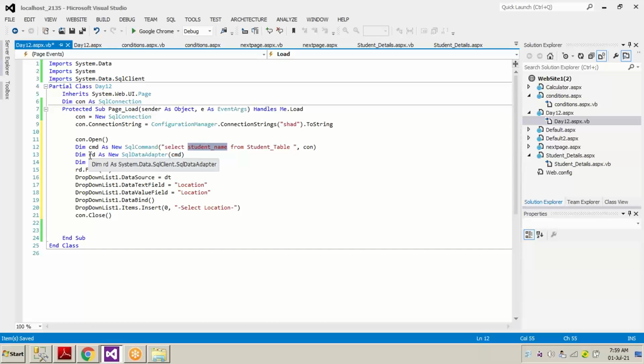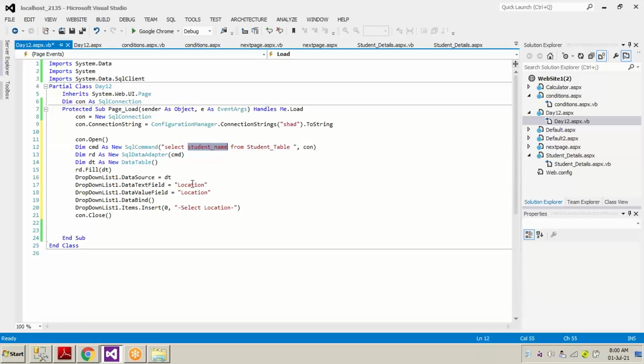We have defined RD as new SQL data adapter. Basically, the data adapter and the data table, you can call it a temporary storing space, in which they have to pull the data and store it. Inside the data table, they put the entire record temporarily, and by connecting this data table to our data list, it's going to apply all the temporary fields to fit inside the drop down list.